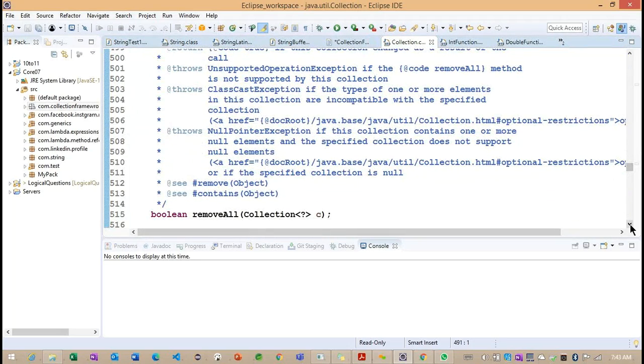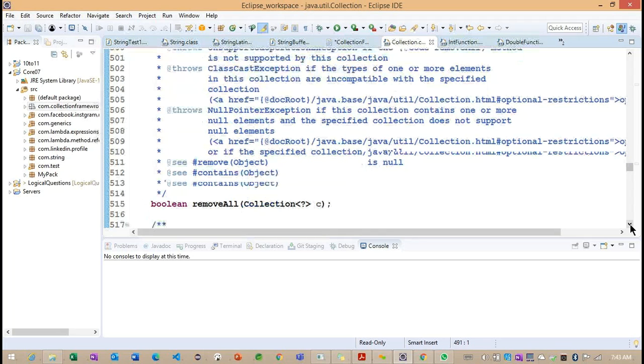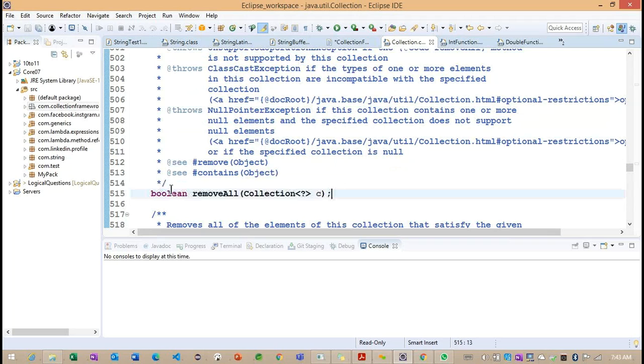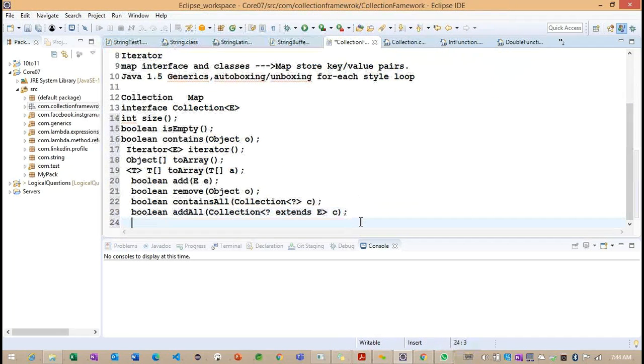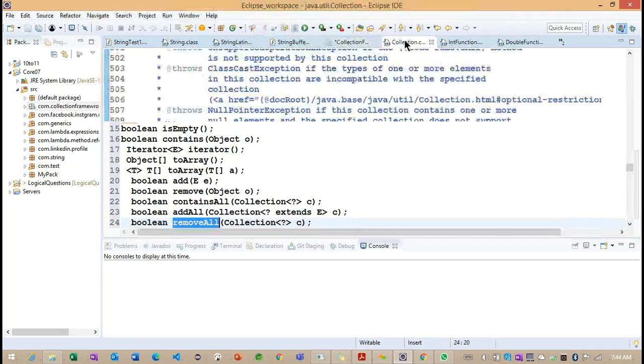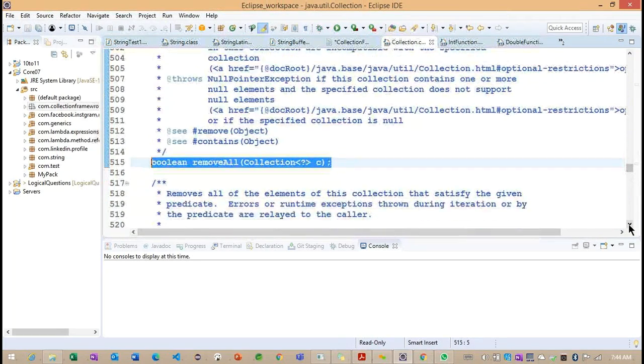The only difference here is that with the add method we are going to add only one element, and with the addAll method we are going to add multiple elements. So this is the basic difference between add and addAll. Now we can understand removeAll here. By specifying a collection as a parameter, we can remove all those objects from the current collection. So this is the purpose of removeAll.